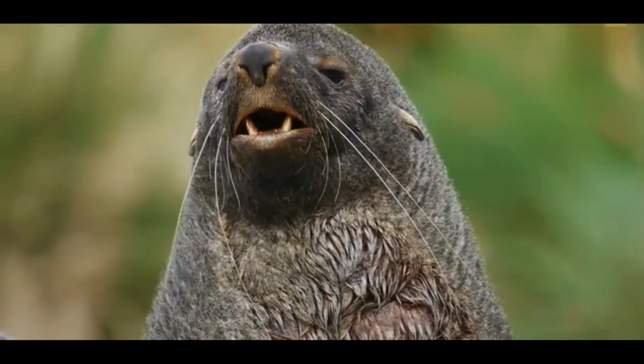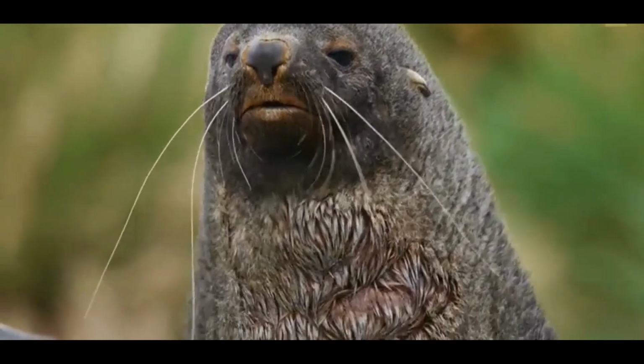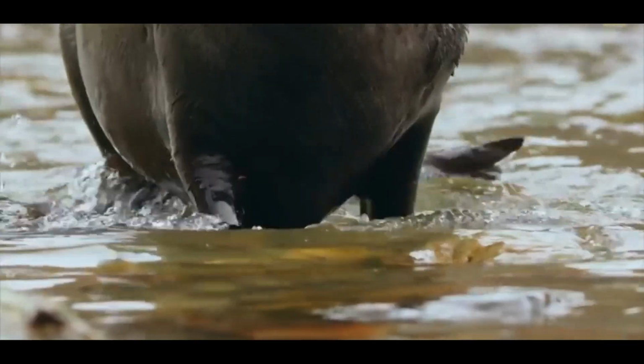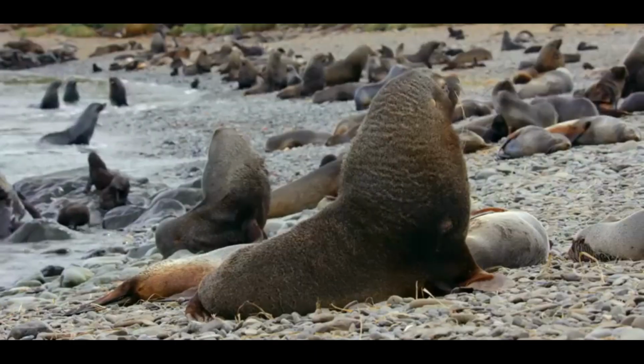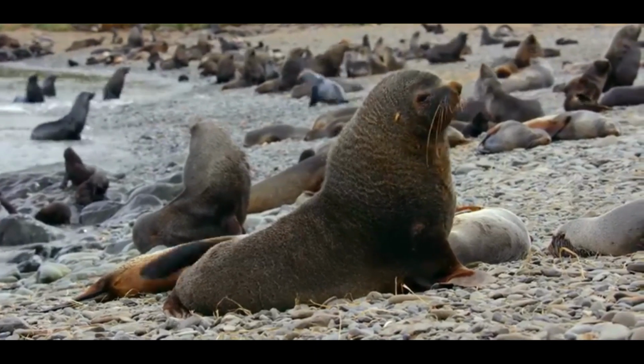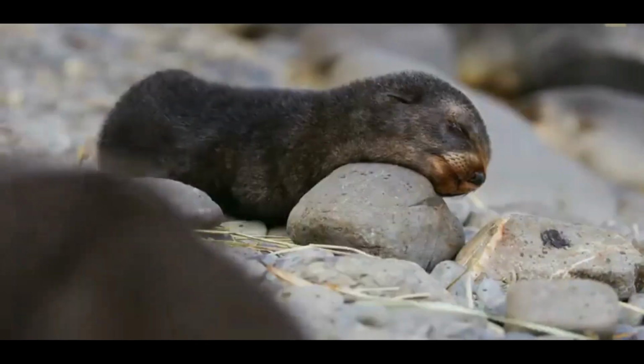Seals are aquatic mammals that are closely related to walruses and sea lions. They are known for their streamlined bodies and powerful front flippers, which they use to swim gracefully through the water. Seals are found in a variety of habitats, including the Arctic and Antarctic oceans, as well as coastal waters around